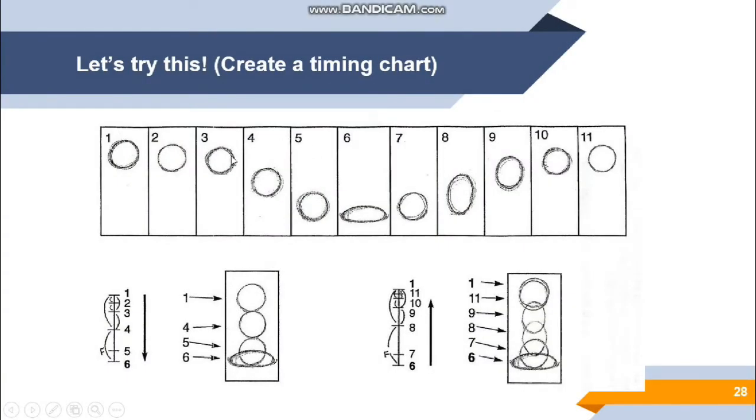This is another example, where we have 1 until 11. So 6 can be your breakdown here. As you can see here, this is your key pose, or this can be your breakdown because we have 11 keys.